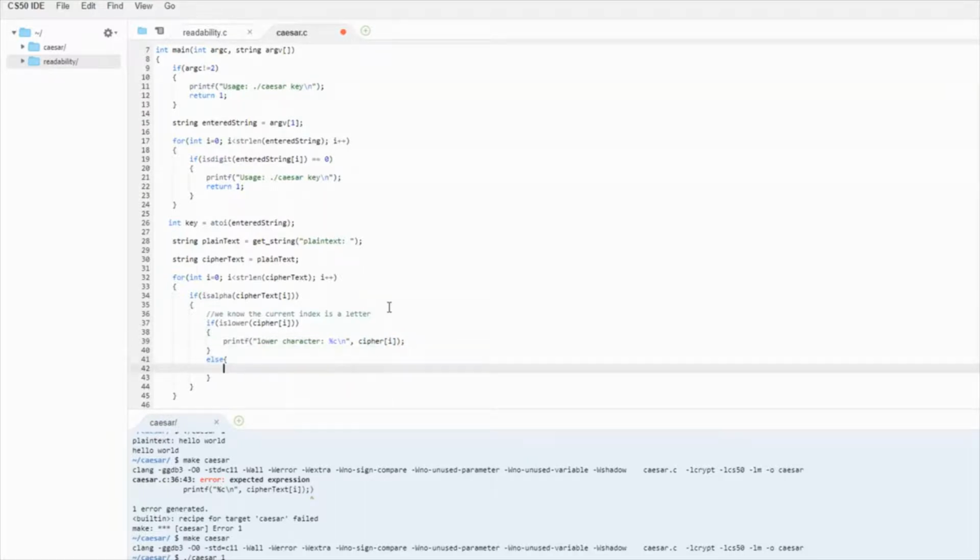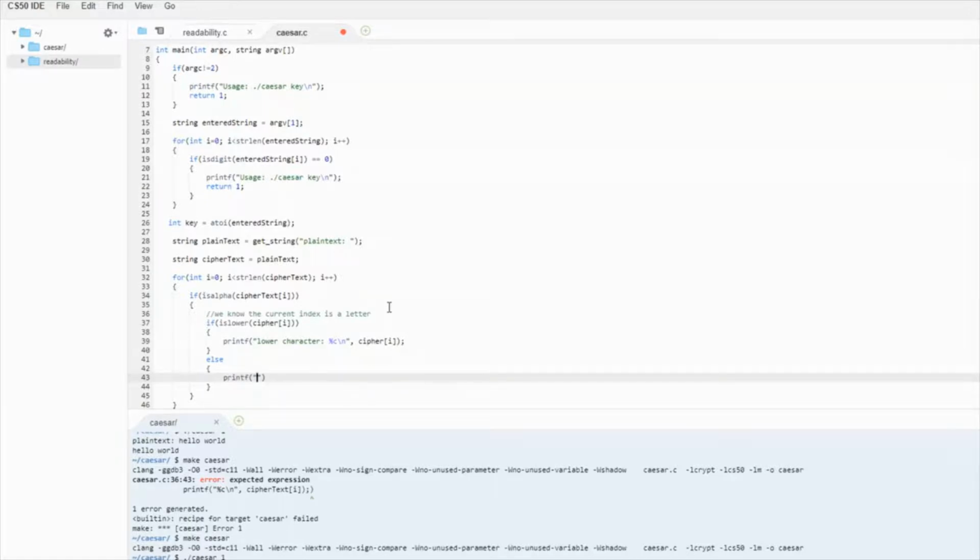I'm just going to use an else statement, because we know if it's here, it's a letter, and if it's not lowercase, it must be an uppercase character. So this should test that I can type letters at all. Cool.